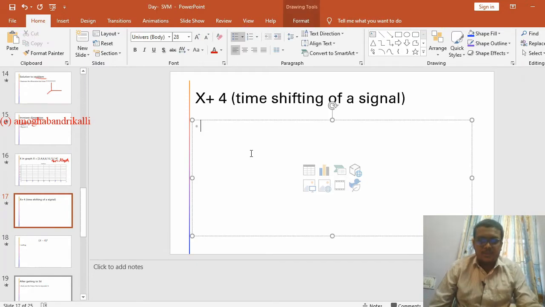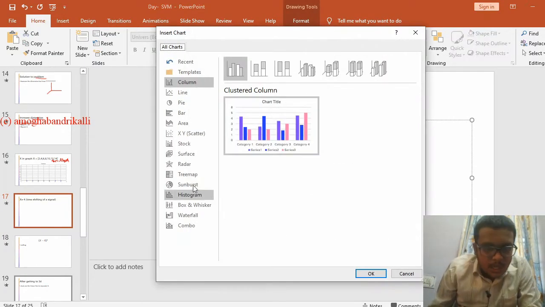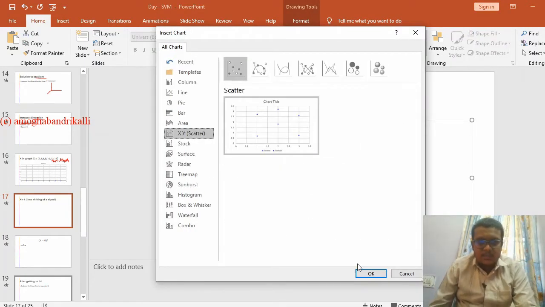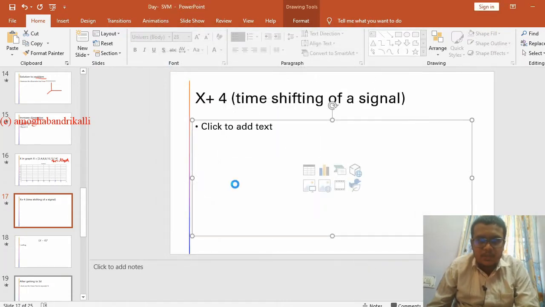So first thing is we can just go for a line of values here, then again a scattered value.